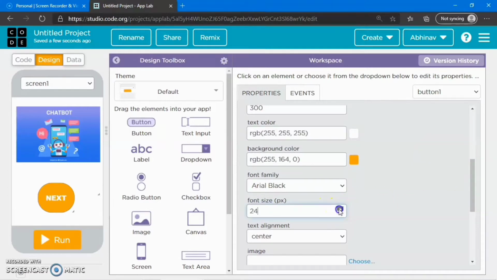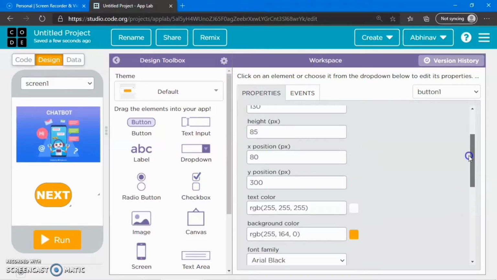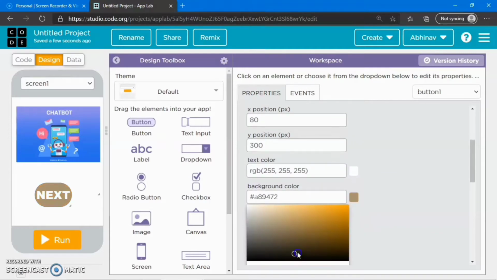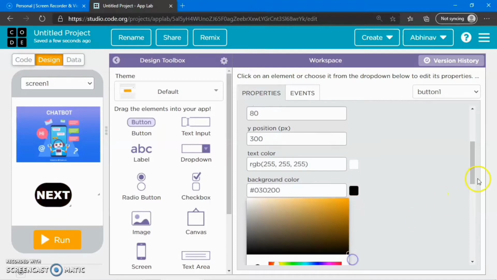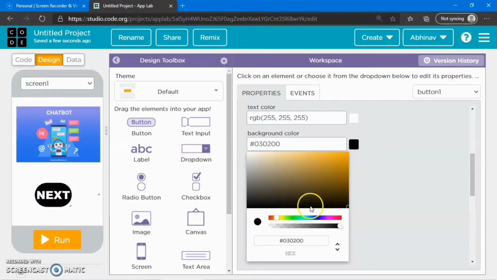Now we will increase the size of the button text. Now I have increased it. Now we will do it properly so it looks perfect. Now we will also change the background color of this button. Now we will check which will look great. Black is not looking good, so let's change it. I think blue can work because the chatbot is also blue, not yellow, only blue.